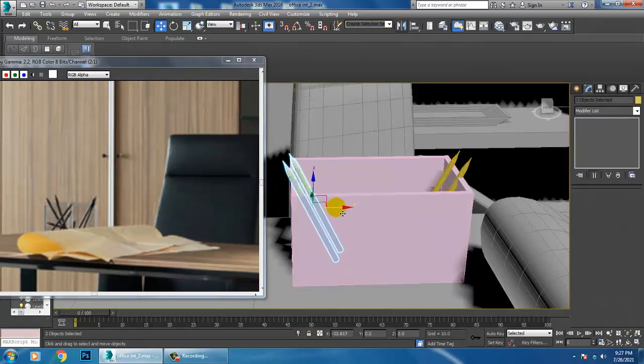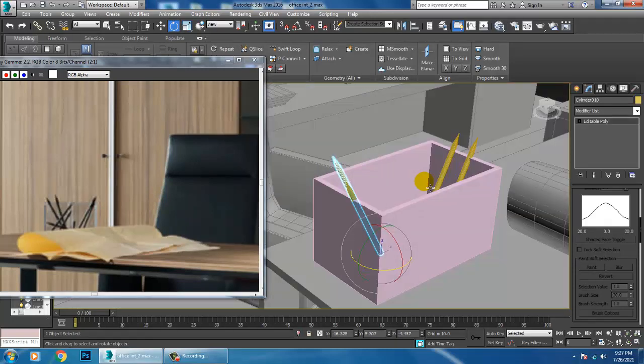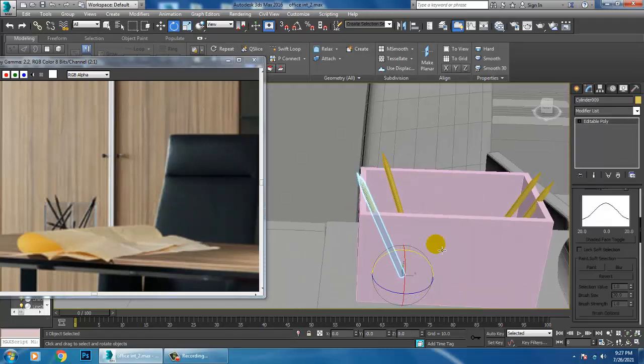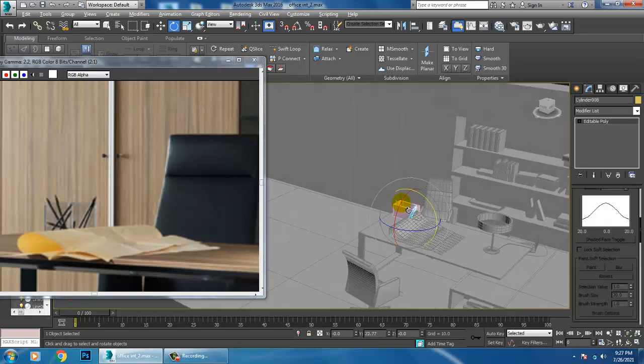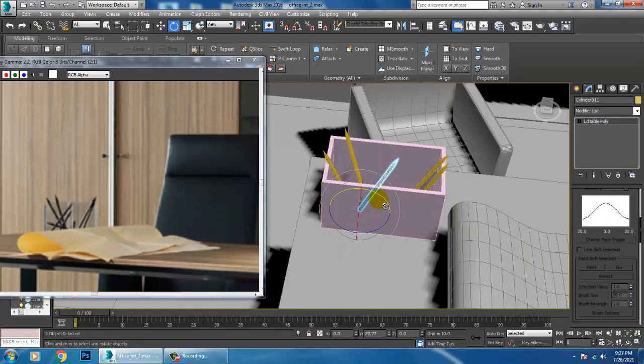Put it randomly, not in a perfect way. You can put all of this very randomly. Multiply it the way you want.